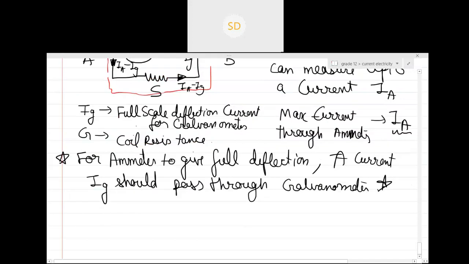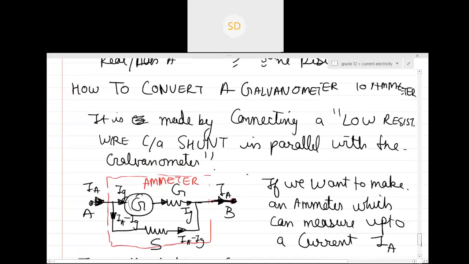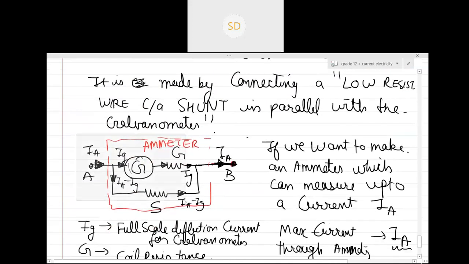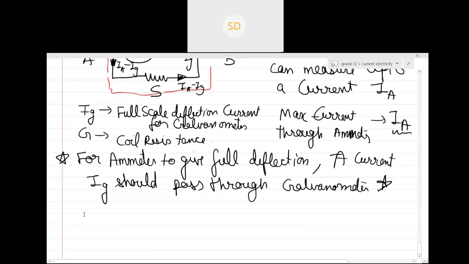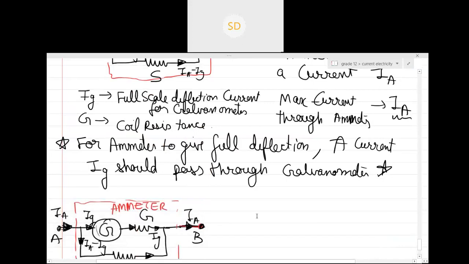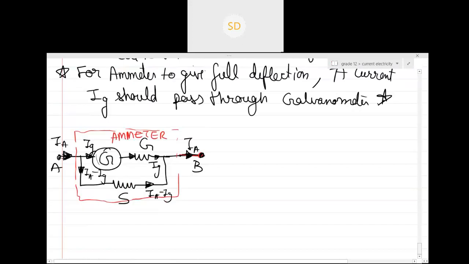So now what is the question? Can you see over here? You don't need to draw it again. Control C. So now what is the current passing through? Can you see both are in parallel, right? This thing will not have any resistance because the resistance I drew over here, so just consider this the normal ideal galvanometer. It will just be used to give the reading. And this is the main thing and this is the main thing. Can you see the potential difference across this branch and this branch should be equal?